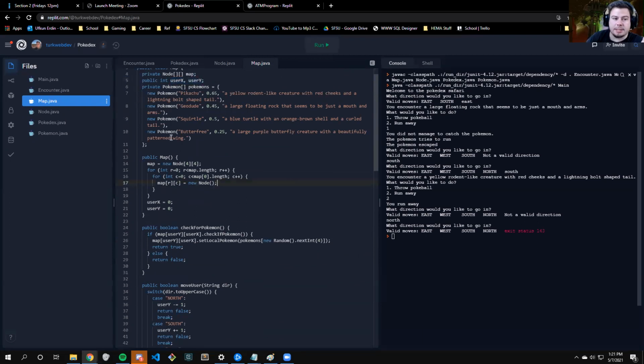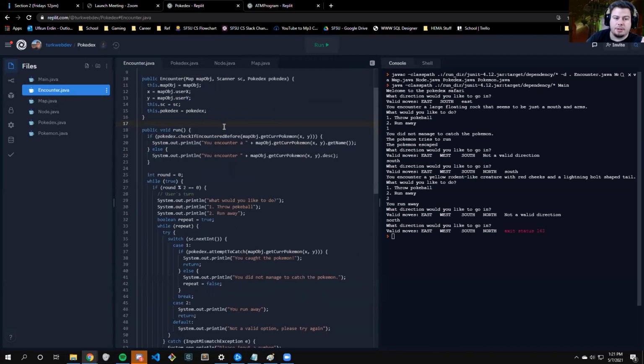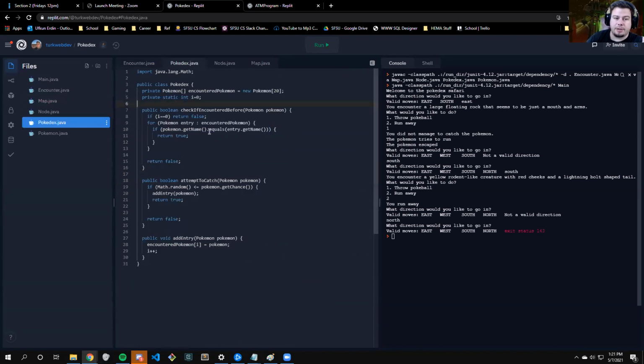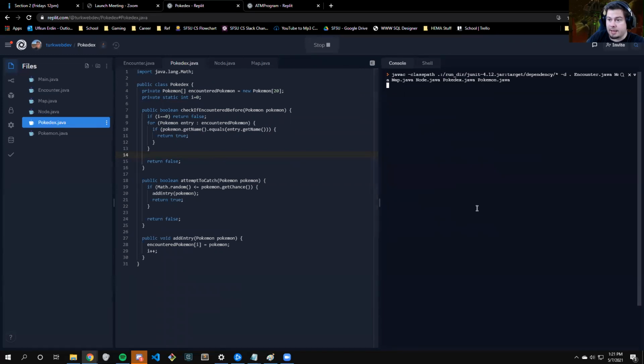If an encounter happens, we create an encounter and pass over a bunch of the objects that the encounter needs to use. Whenever we catch a Pokemon, our Pokedex will log it away, so that if we encounter the same Pokemon again, it'll actually give the name this time around. And we'll run through the game one more time in hopes that we'll catch a Pokemon and hopefully